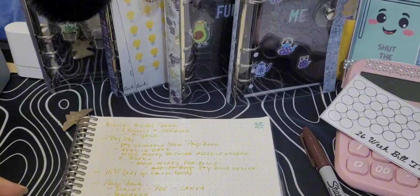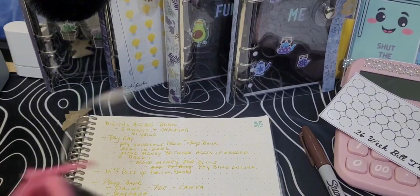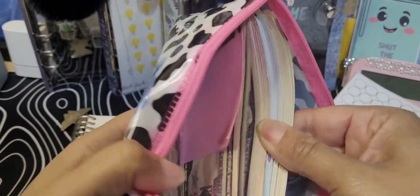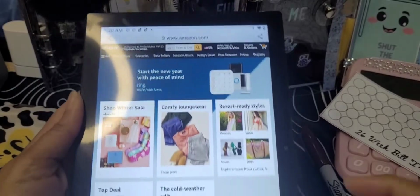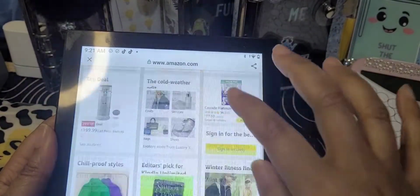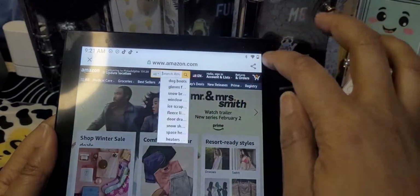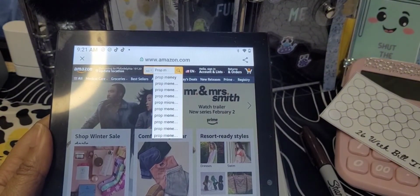So I have created my own version of prop money. I did start out with prop money from Amazon, and this is all prop money from Amazon. So let's see if I can find that for you. One second. Okay, so on Amazon, if you go and you search, let's search prop money,